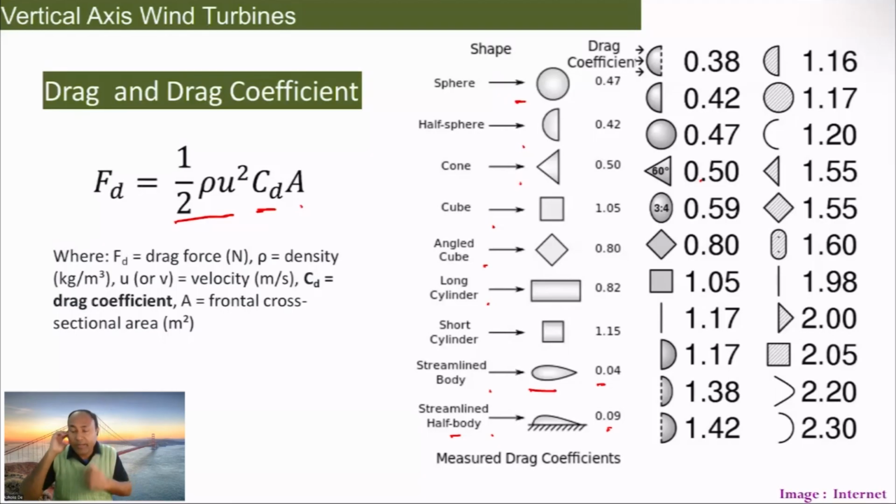Let us continue our discussion on vertical axis wind turbine. We have started talking about the basic working principle of vertical axis wind turbine, and since these are mostly drag based, we looked at different kinds of drag coefficients and how they vary, because eventually your drag coefficient data is going to contribute to your drag force calculation. So that is what we talked about last time.